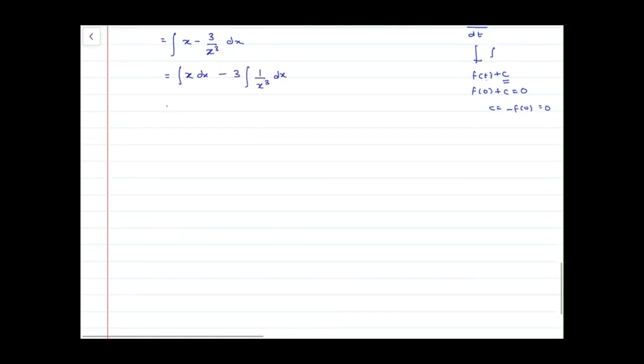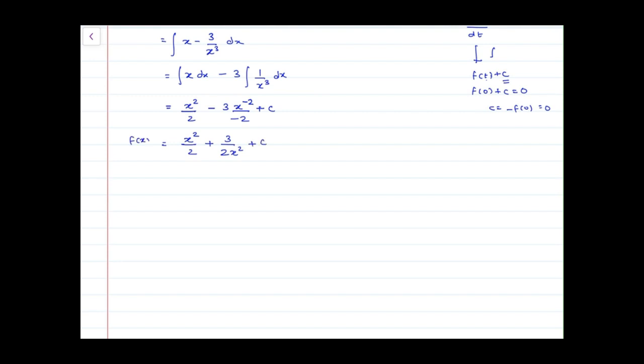So let's solve. x will give me x raised to 2 by 2 minus 3, and x raised to 3 in the denominator will give me x raised to minus 3 plus 1 divided by minus 3 plus 1, that is x raised to minus 2 divided by minus 2, and we need to keep the c in the equation, right? So minus minus will get cancelled, remaining with plus 3 upon 2x square plus c,